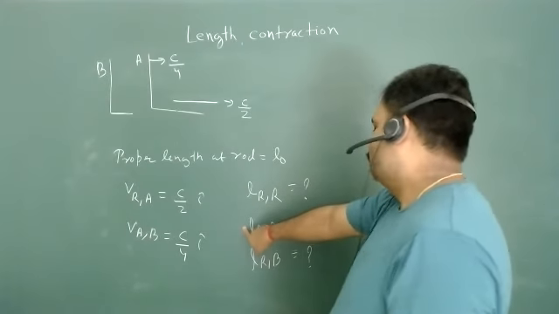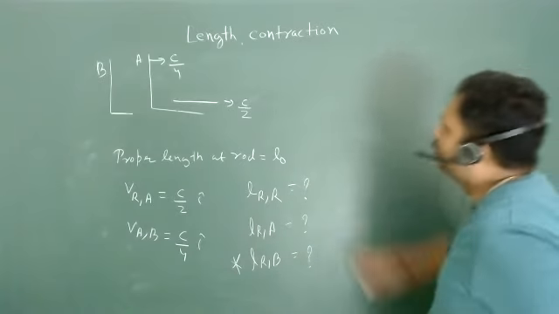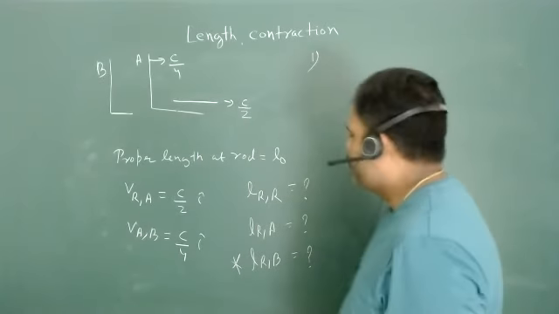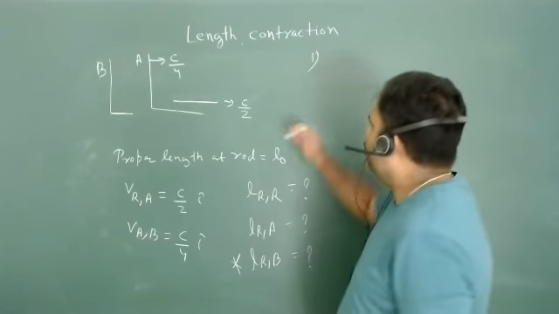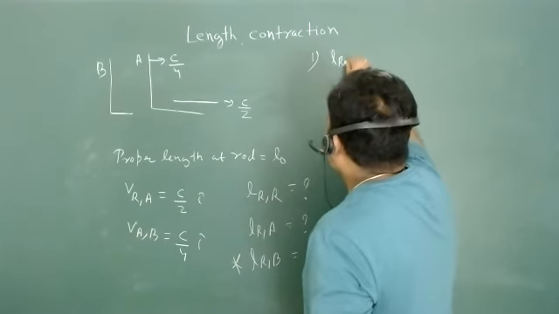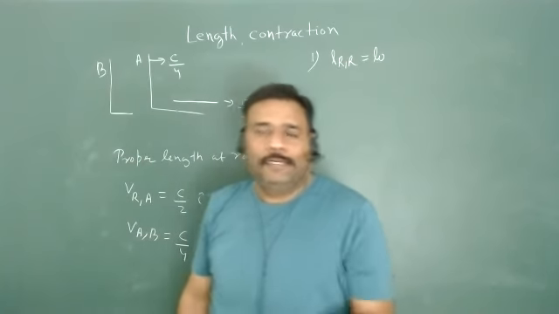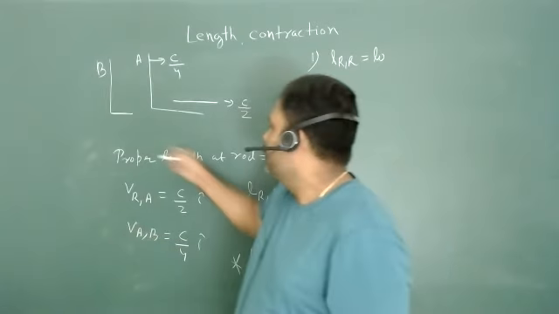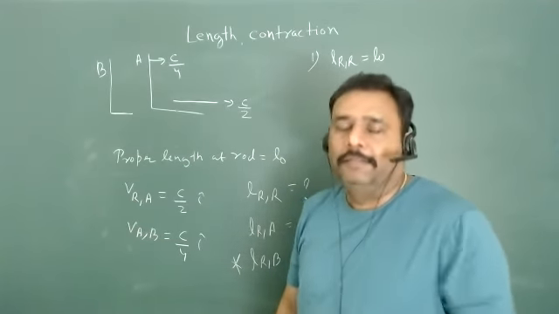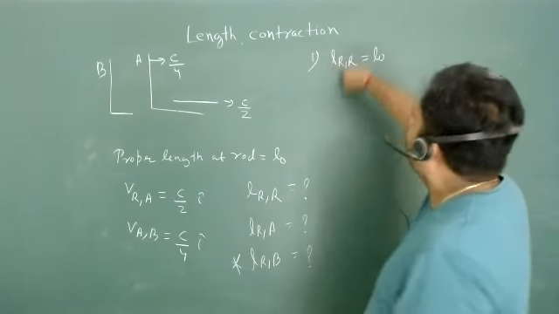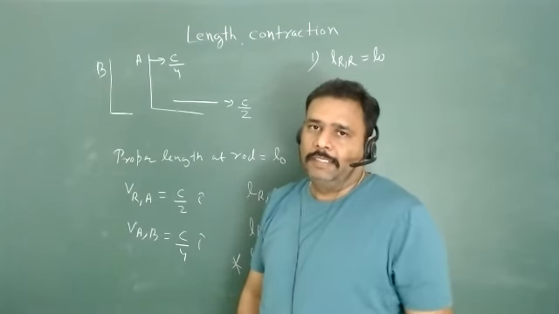This is just for a basic calculation. This is for the examination purpose. Okay. So what will be the first answer? Length of the rod with respect to the rod. L0. Yes, because if you sit on the rod, there is no relative speed, and what you will measure is the proper length. It is given that the proper length of the rod is L0. And you have just measured the length of the rod with respect to the rod as L0. This is very nice.